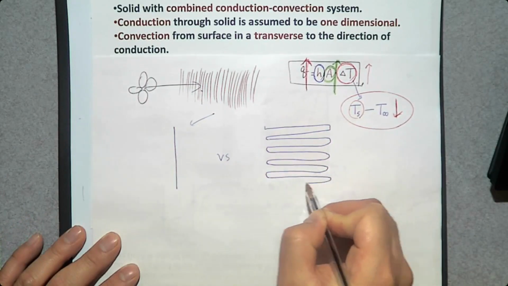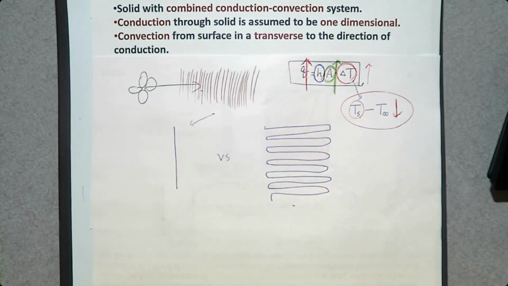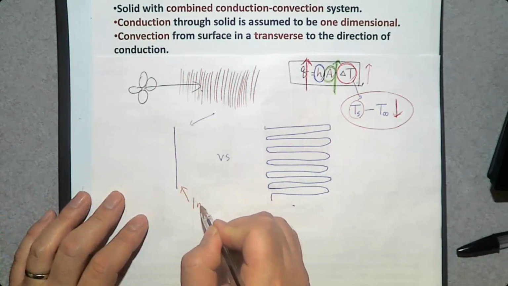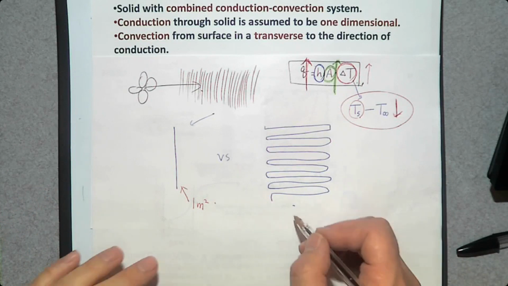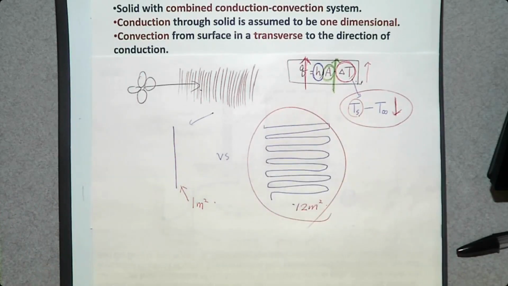So this is a fin. Okay? So when the original surface area is, let's say, about 1 square meter, what is the surface area of this one? Roughly speaking, 1, 2, 3, 4, 5, 6, 7, 8, 9, 10, 11, 12. Approximately 12 square meters if you make it in this shape, assuming that this length is the same as this length,